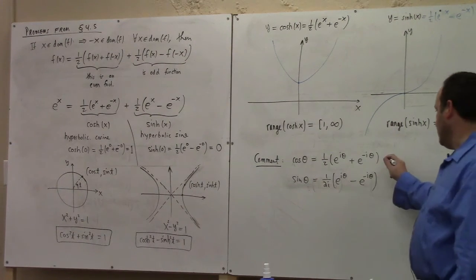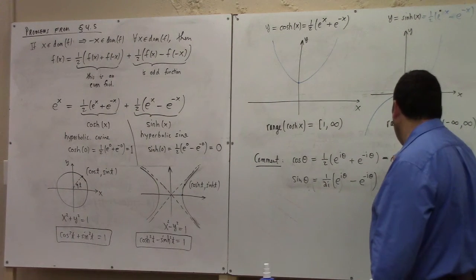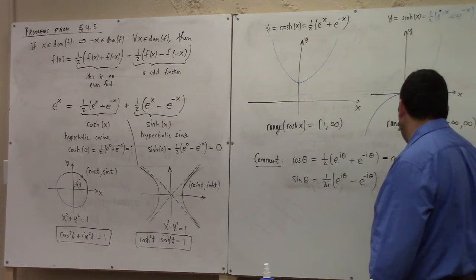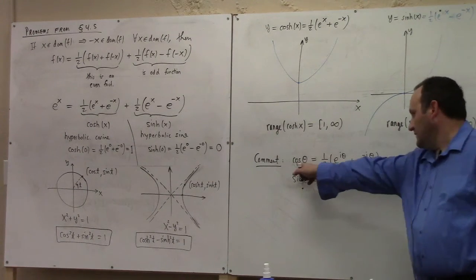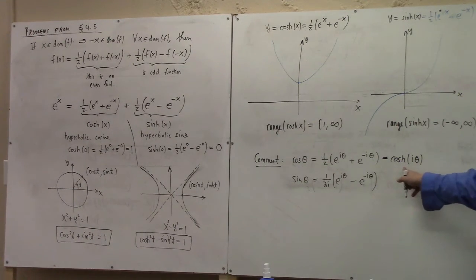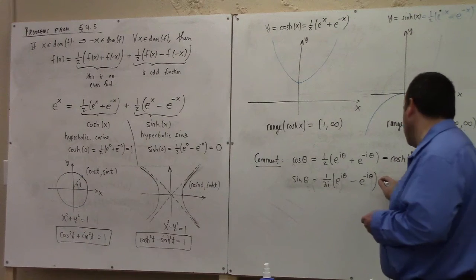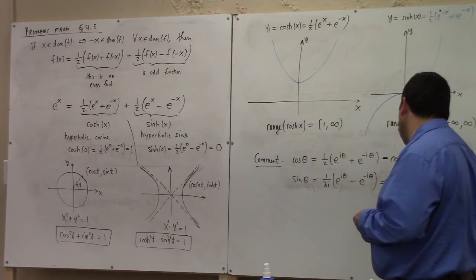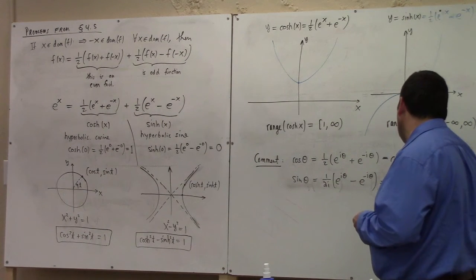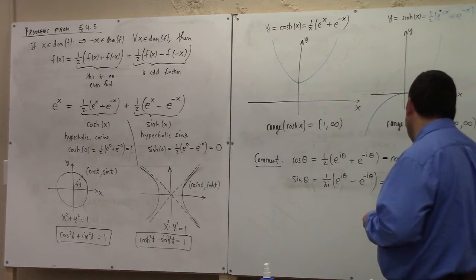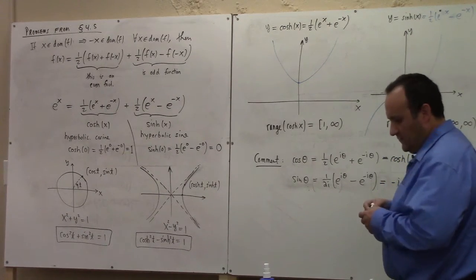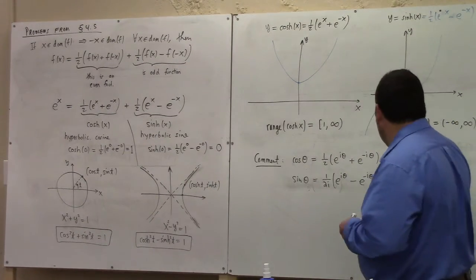So, in fact, this is cosh of i theta. So there is a literal transference between the cosine function and the cosh function if you take a complex perspective. And the same is true for this. This is minus i sinh. Well, anyway, this is sinh of i theta. I forget if it's plus or minus. I've got to think through it, and I don't want to do that right now. But